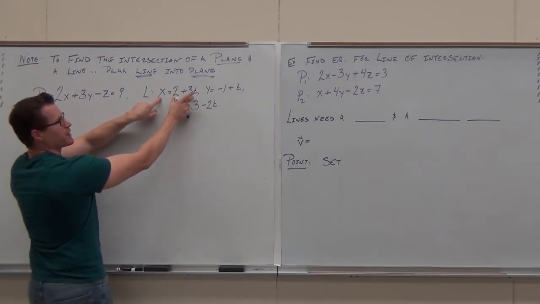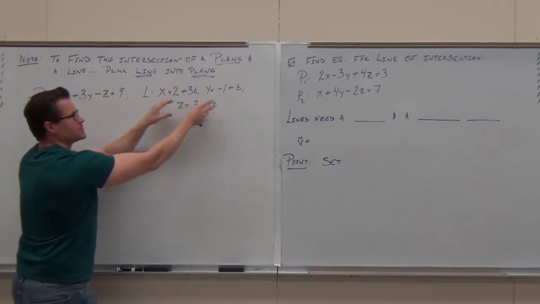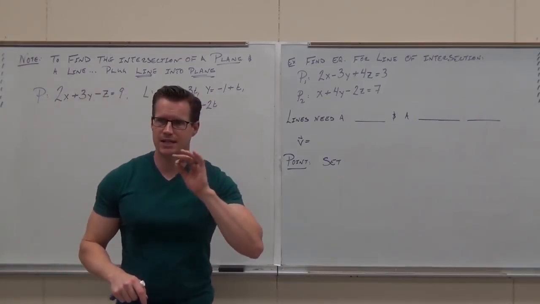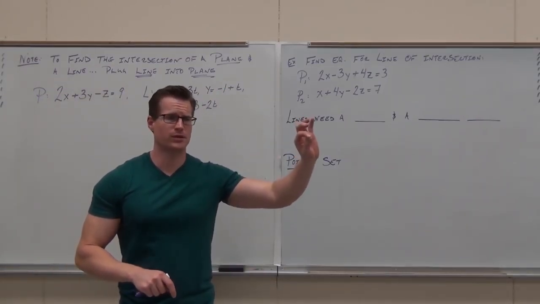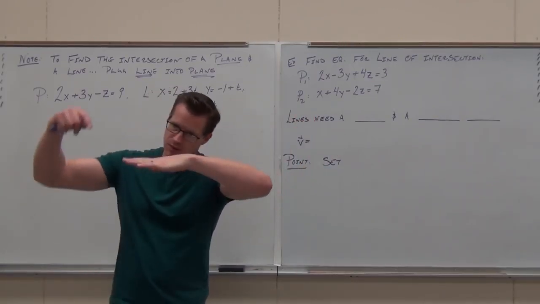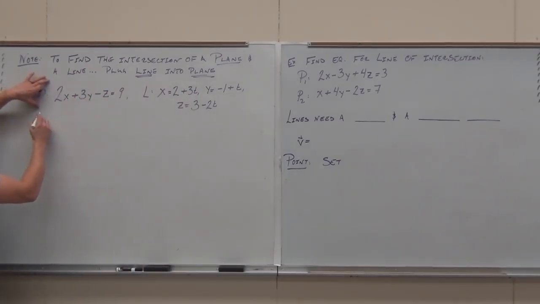If we have an expression for X, an expression for Y, an expression for Z, and our plane has those, substituting these in will let us solve for t. Taking that t and putting it in for the line will give us a point on the line. That will let us solve for the intersection of the plane and the line. So what that would look like, take our plane,